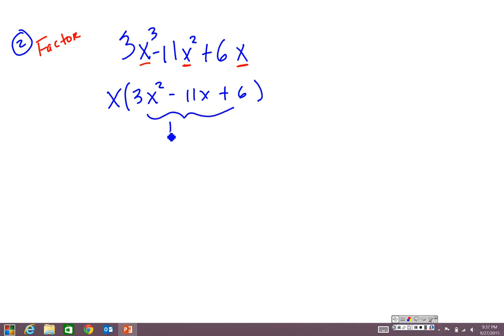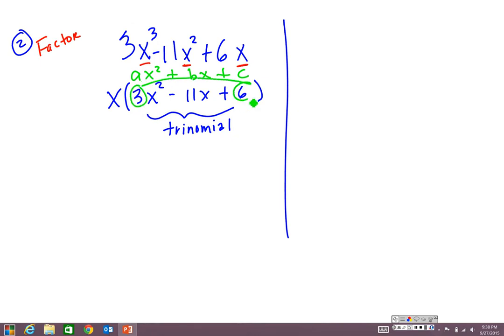And what you notice here is a trinomial. It is the other case, so we use the AC method. The AC method meaning we multiply, let me just say that this is like ax squared plus bx plus c. Notice that this trinomial is in this form, and our a here is the 3. You multiply it times the c, which is the 6, gives us 18. Then we find factors of 18 that will give us that middle term,